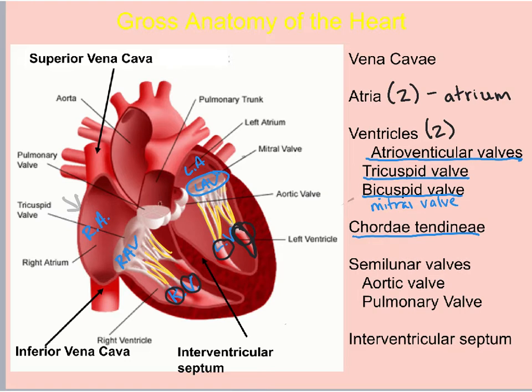And it doesn't pull the valves open. That's a really common thought among students, and it appears as though that's what they would do. It does not pull those AV valves open. What it does is, when the papillary muscles contract, they put tension on the chordae tendineae, and it holds those valves shut. Remember what's happening here is that when the ventricles contract, what they would really like to do is